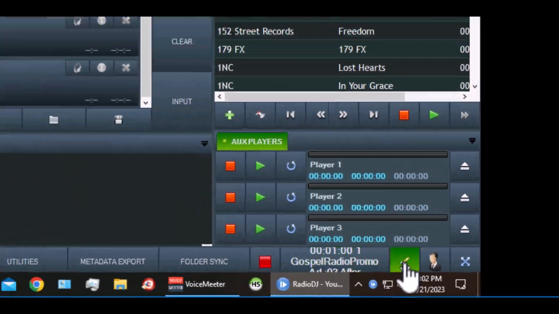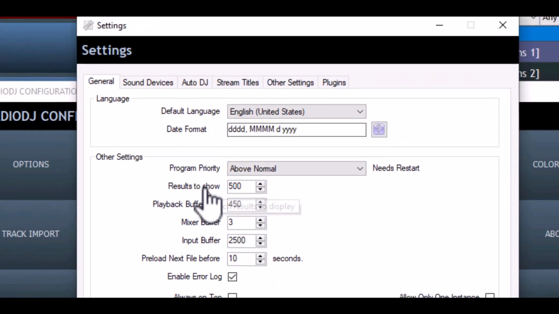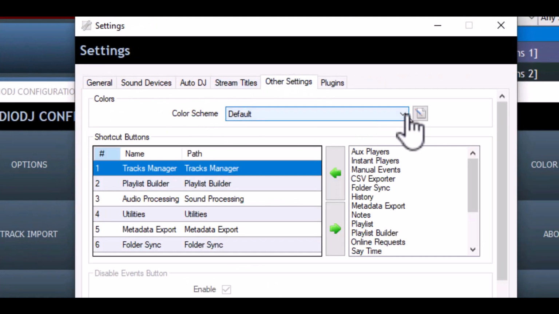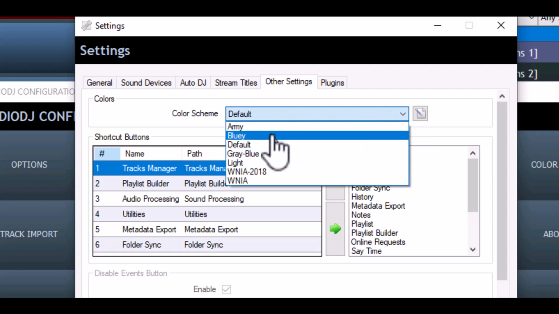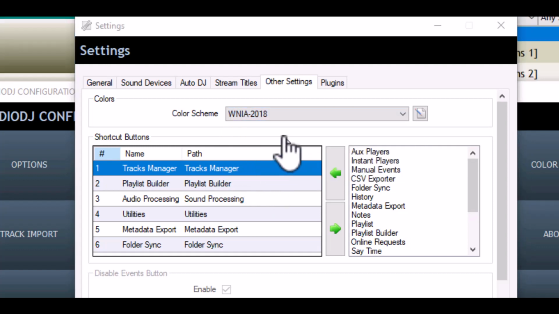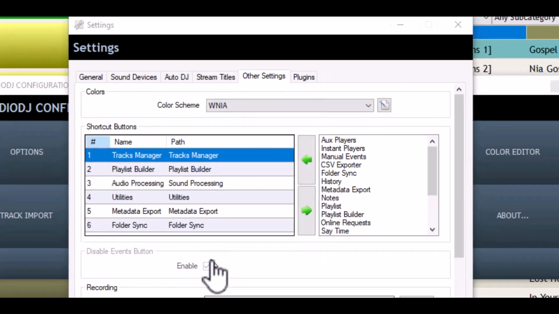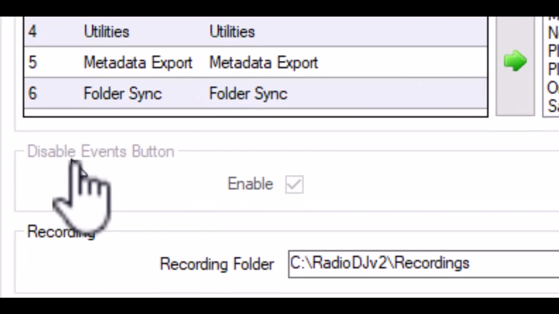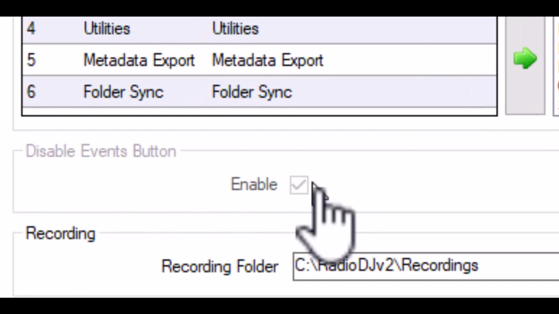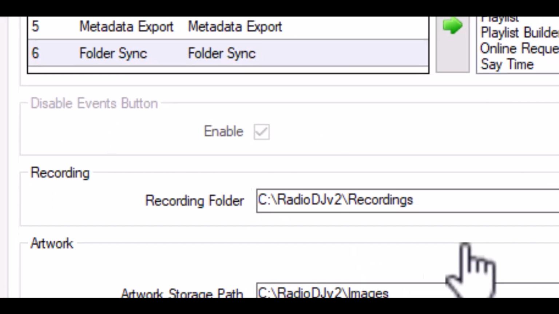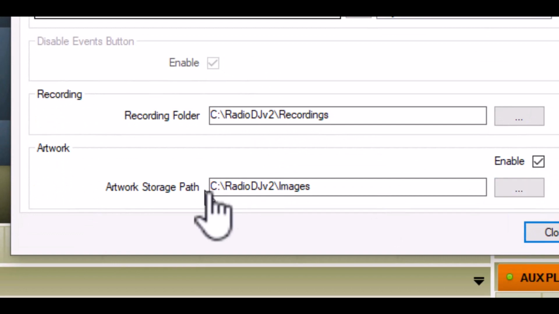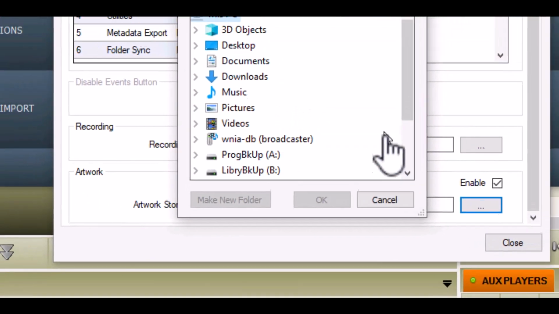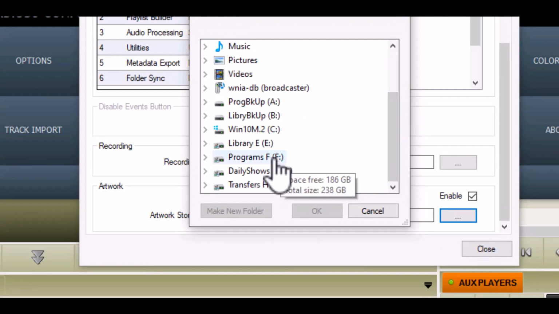So I'm going to go over here to options, and I'm going to go to other settings. And when I do this drop down menu, I should see my WNIA template. I got two of them in here. So one of them is the right one. Okay. So the second one was the right one. Now I do see off the gate that disable events button is permanently enabled, it looks like. So I've got to also set the album cover to match where they were originally. I think